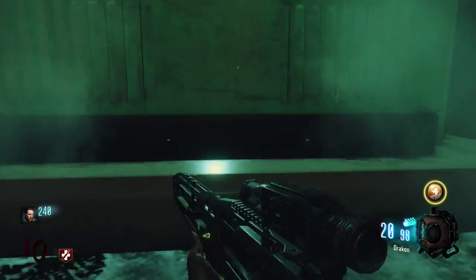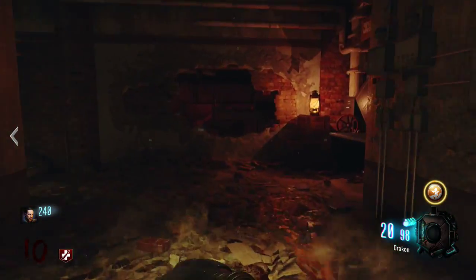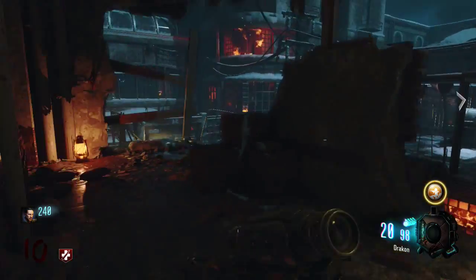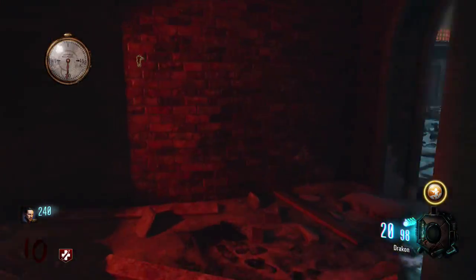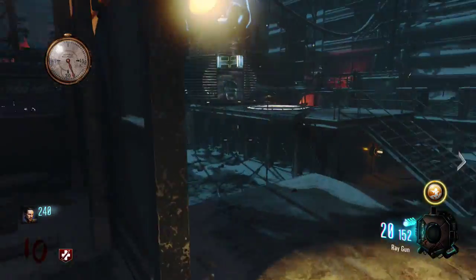Mule Kick is not supposed to be right there. It's actually supposed to be next to the Tommy gun, where you can buy it off the wall. So yeah, the perks do randomly go into different places. Perks are randomly generated in different locations on this map, so every time you start up